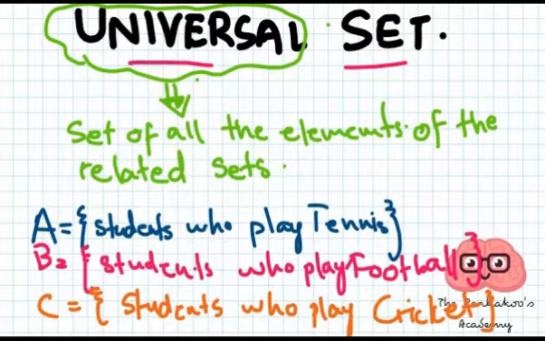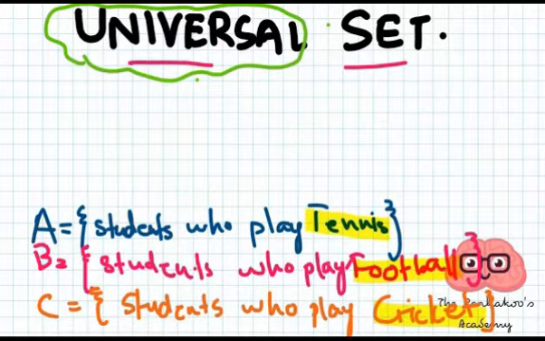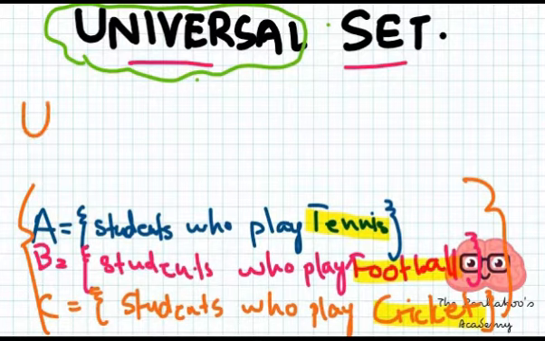So we have a group of all these students who want to play different games. Sets are made depending upon the type of game. Here it's tennis, here football, and the third one is cricket. So how can we come up with the universal set? Since the universal set is a set which consists of all the elements which are in consideration, and here different games are in consideration, the universal set is going to be the set of all the students